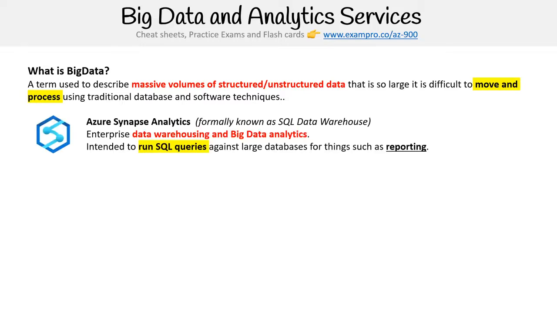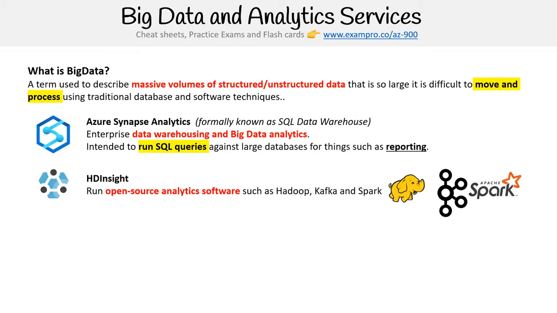The first on our list here is Azure Synapse Analytics, formerly known as SQL Data Warehouse. So it is enterprise data warehousing and big data analytics. It's intended to run SQL queries against large databases to generate things such as reporting. Then you have HD Insight. HD is short for Hadoop. But anyway, it runs open source analytics software such as Hadoop, Kafka, and Spark. I imagine it was called HD Insight because it only supported Hadoop and then they added additional services,